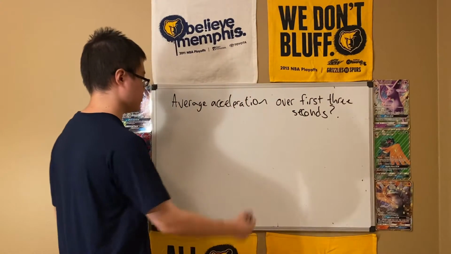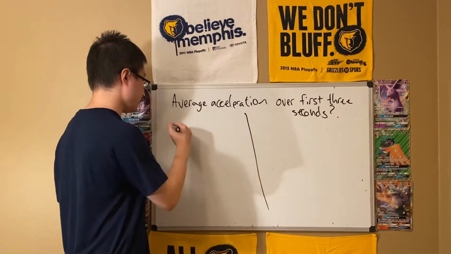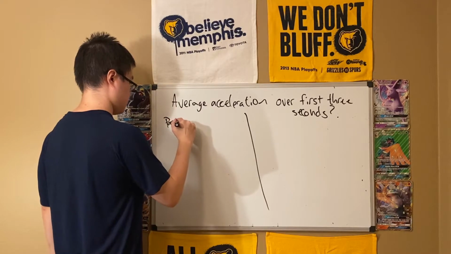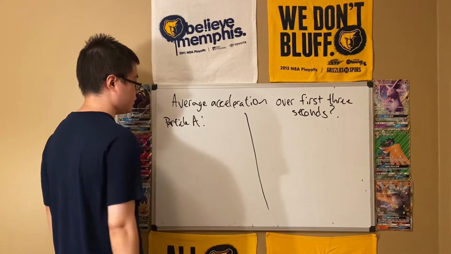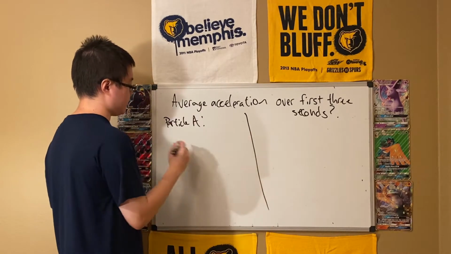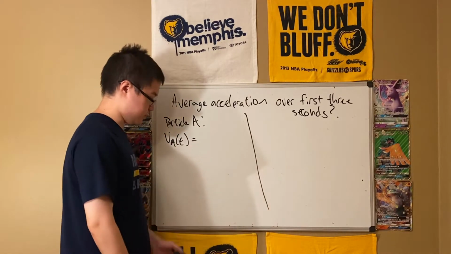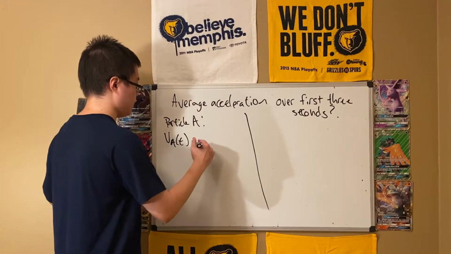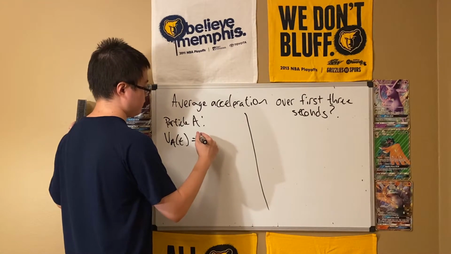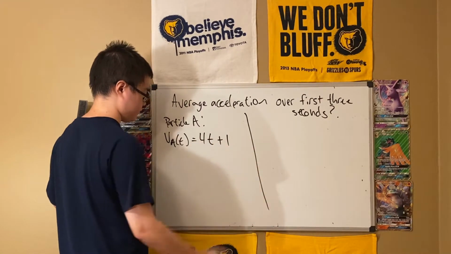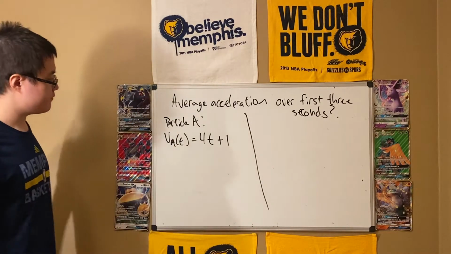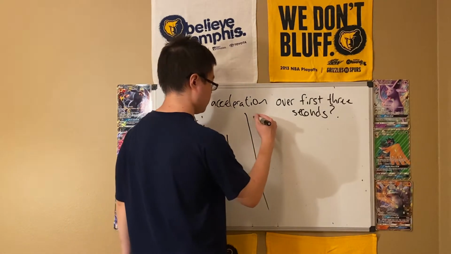And we're going to have 2 particles. So particle A, we're going to have its velocity be given. We're going to call it v of a of t. And we're going to keep the velocities again pretty simple. Let's just call it, let's see, let's do 4t plus 1. Shouldn't be too crazy. For particle B,